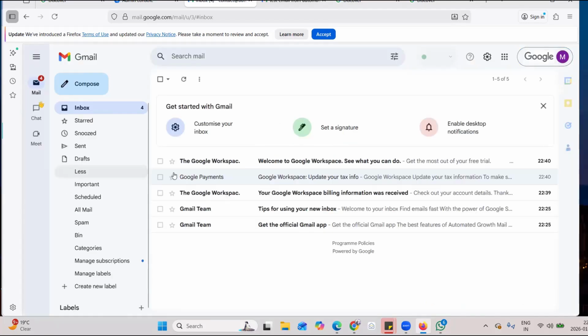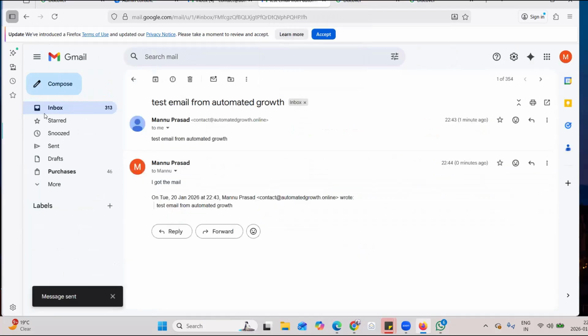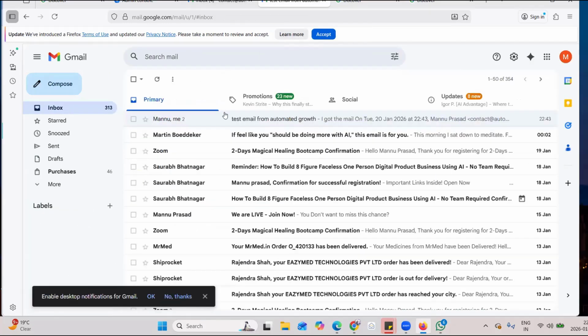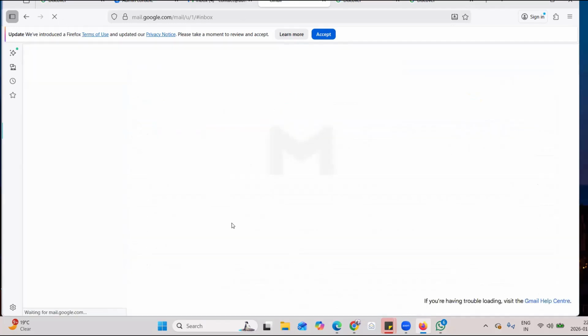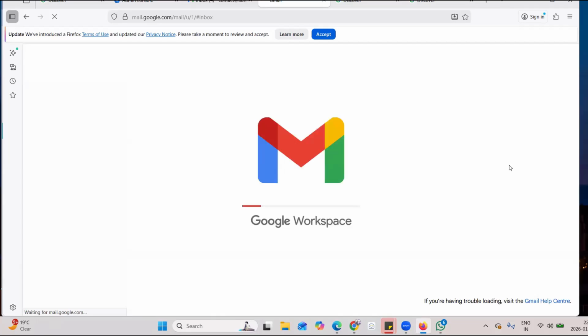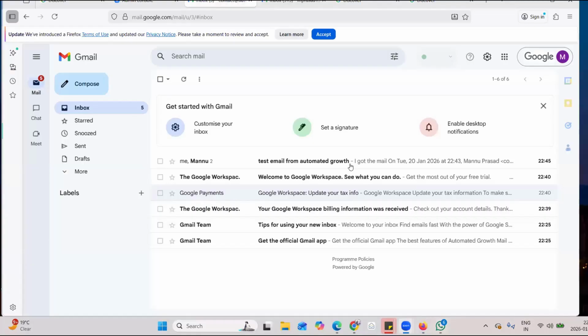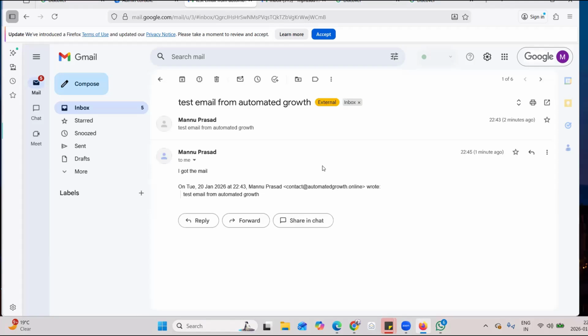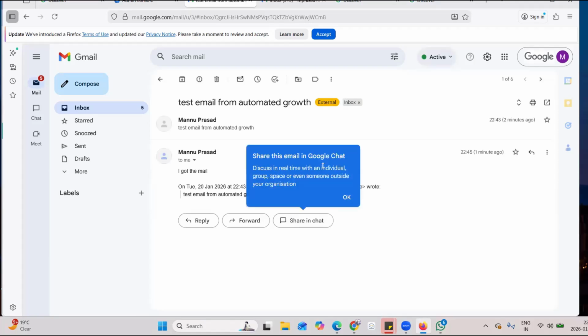Okay, I need to wait, I guess. Or maybe it is going to show me that delivery failed here. All right, cool. So you see that I got the mail here, the test email. So perfect. Now my branded email is ready. This is how you can create your email with Google Workspace